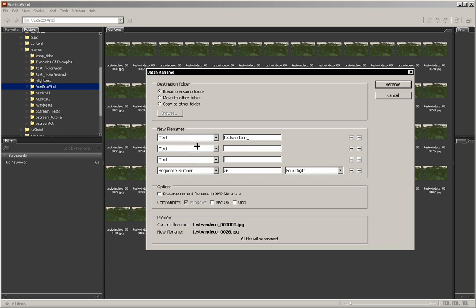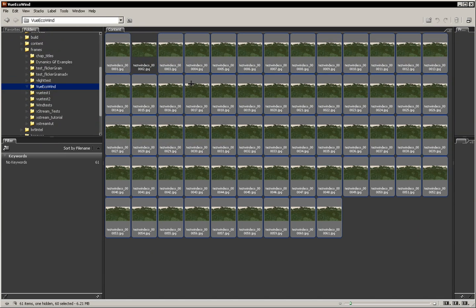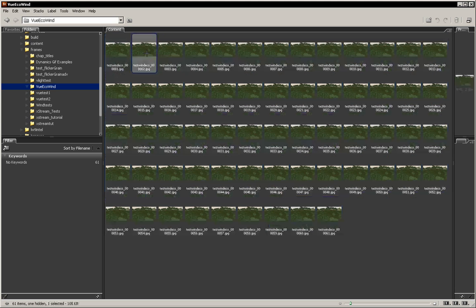And then for the other two options of text, we could just change these to the sequence number, but since we already have sequence number on the bottom, we can just set that to what it's already at. Start with a sequence number of 1, and then we can set the amount of digits. If we bring it up to 6, we're basically going to have what we had before. Click rename, and now everything is going to be named correctly, 1, 2, 3, 4, and that's just going to